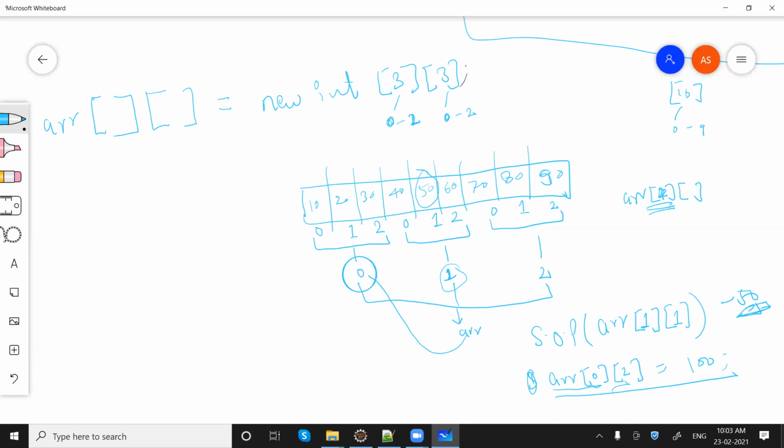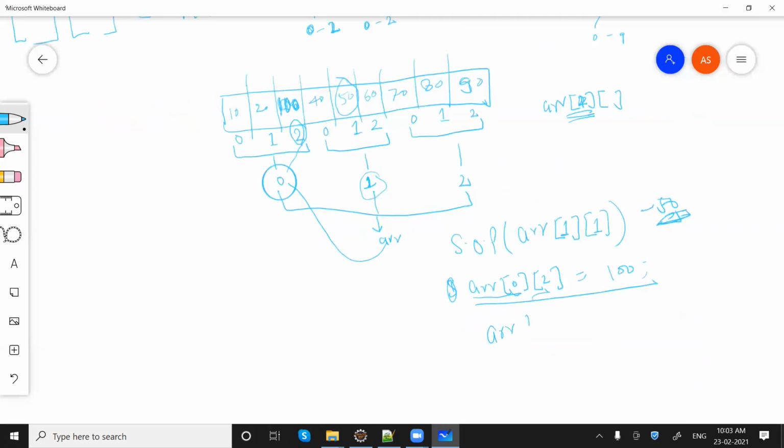When we say 2, that means we are talking about this particular index. So it will be replaced with 100. Are you following, guys? What if I say arr of 1 of 3? I'm just saying system.out.println this.